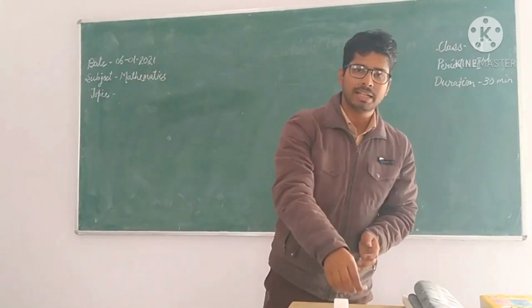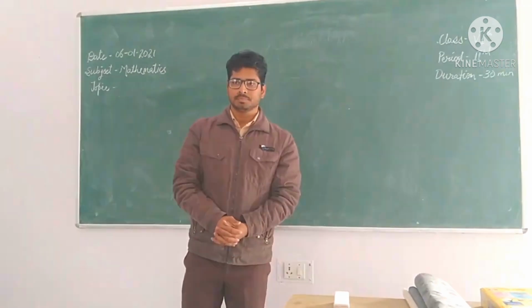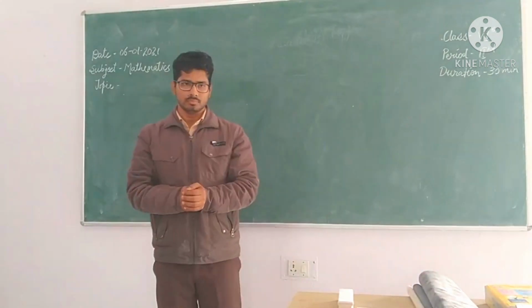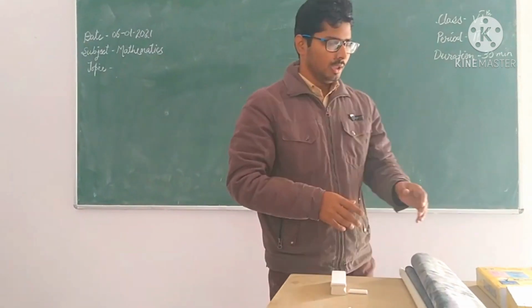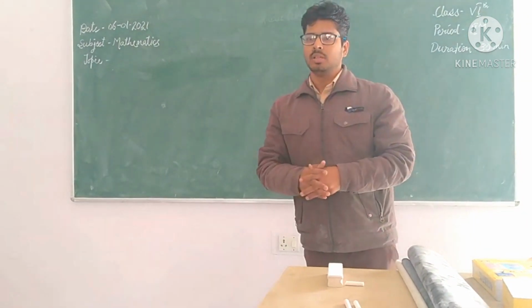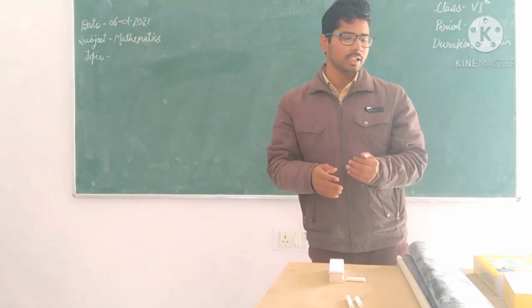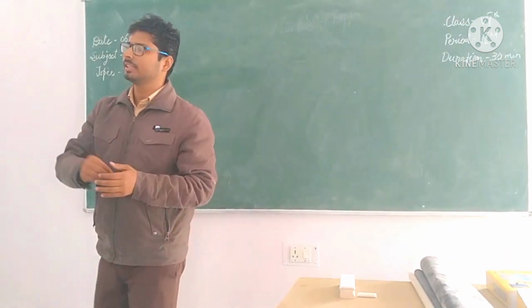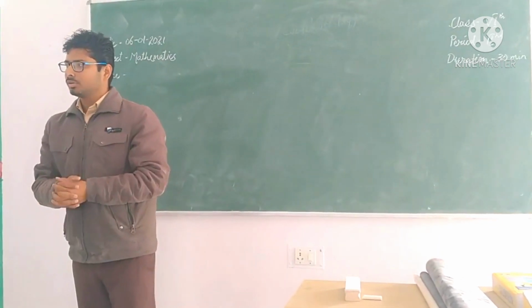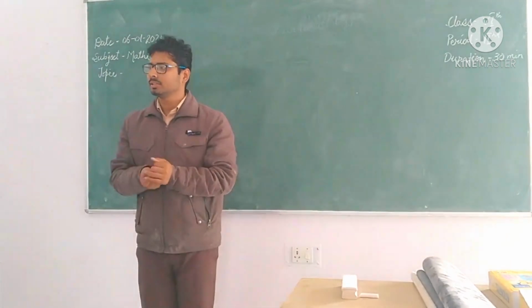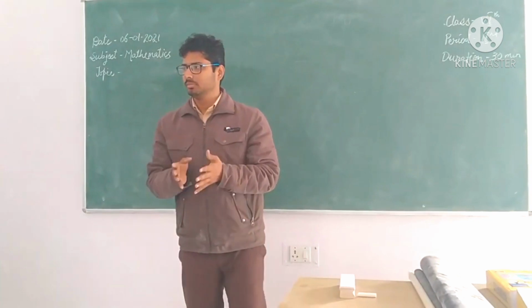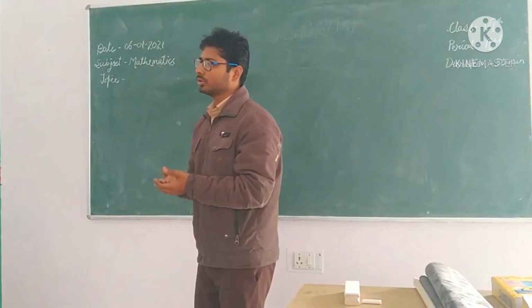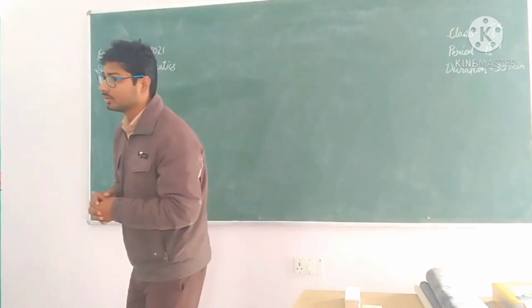So everyone, my name is Mayank and we are going to study mathematics in this class. You have seen in your homes a wooden almirah or iron almirah. Have you seen a wooden almirah? Please stand up. Yes, sir. So what is the shape of that almirah? It is a cuboid shape.